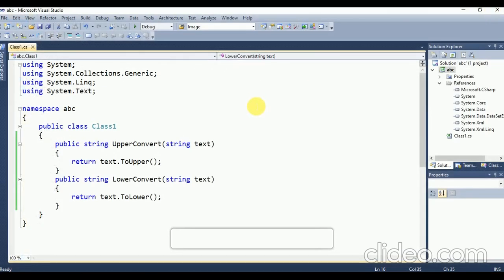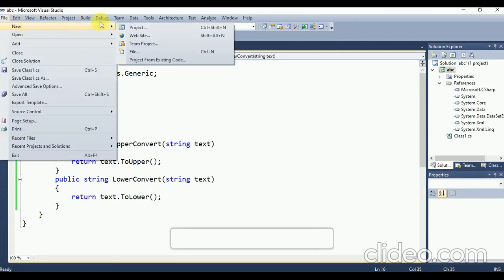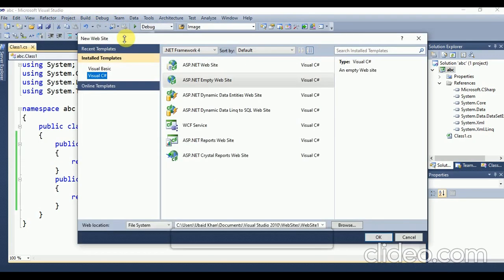Now we will use it in another application. Create new website and add reference for a DLL file. Select empty website and click on OK button.